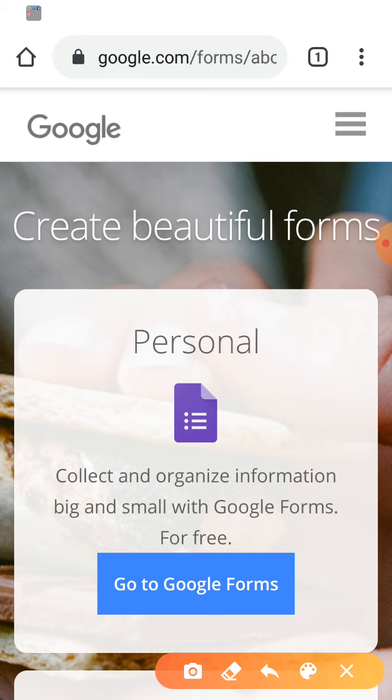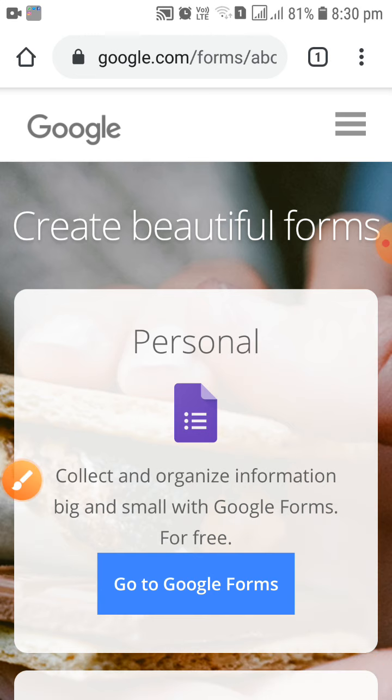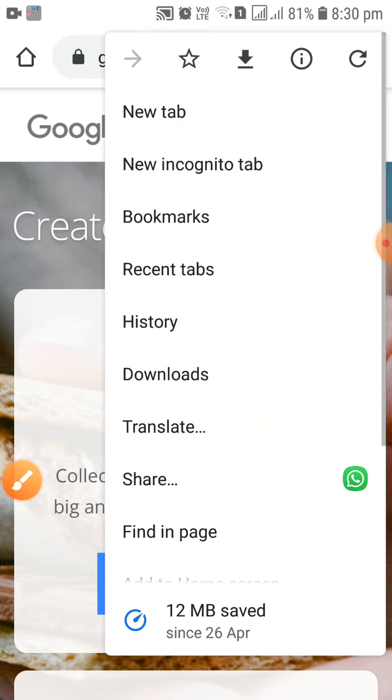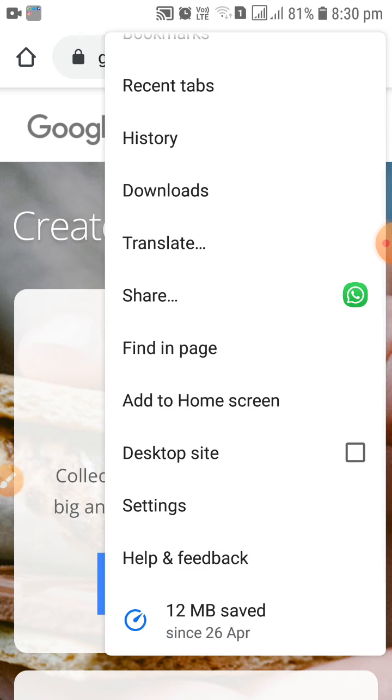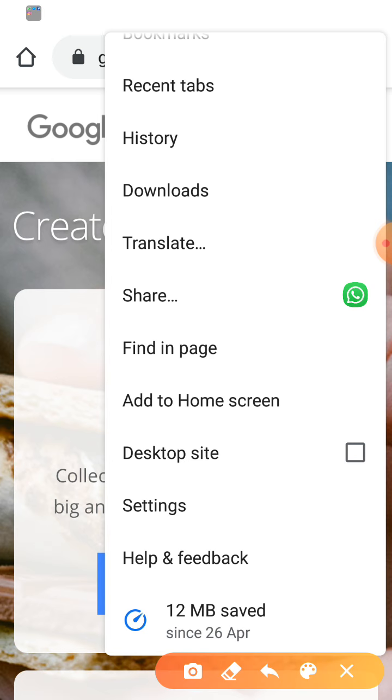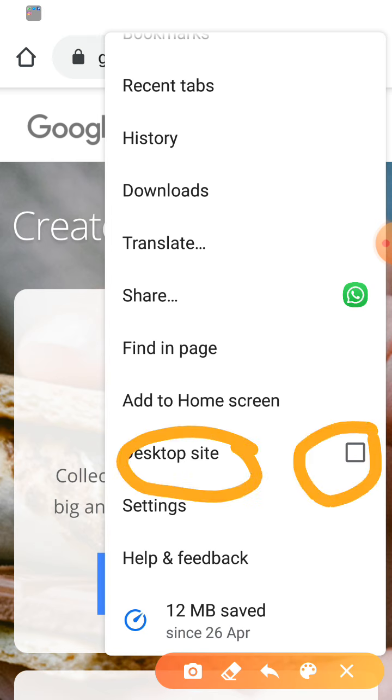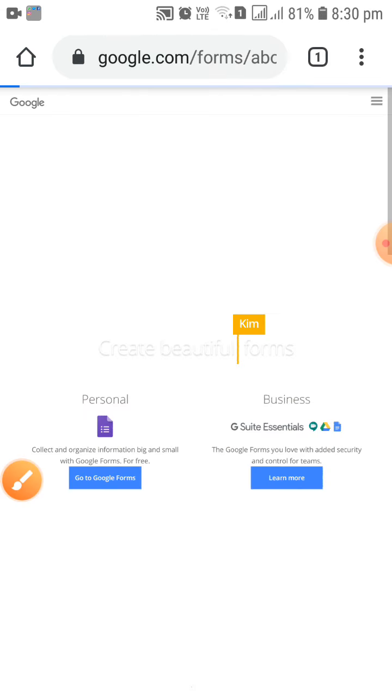So what you have to do, you will have to click on the three dots available there. Click on it, and you can see over here, scroll it, desktop site. You can see it is written there, desktop site. You will have to tick mark over here, desktop site. So I'm clicking on that desktop site.